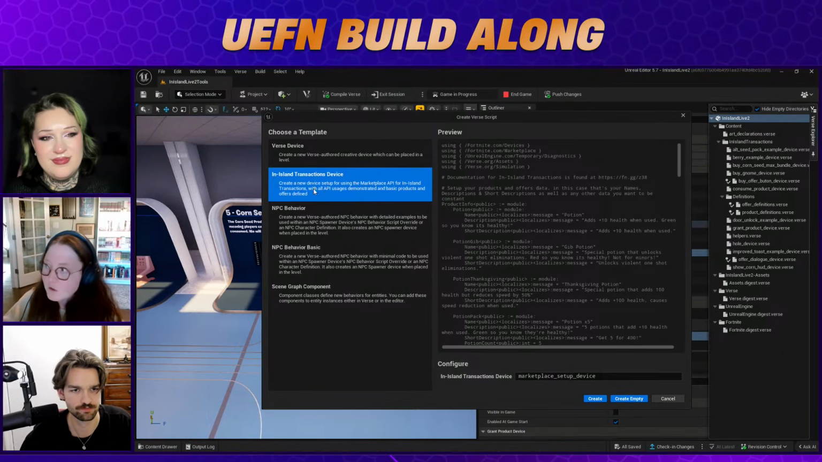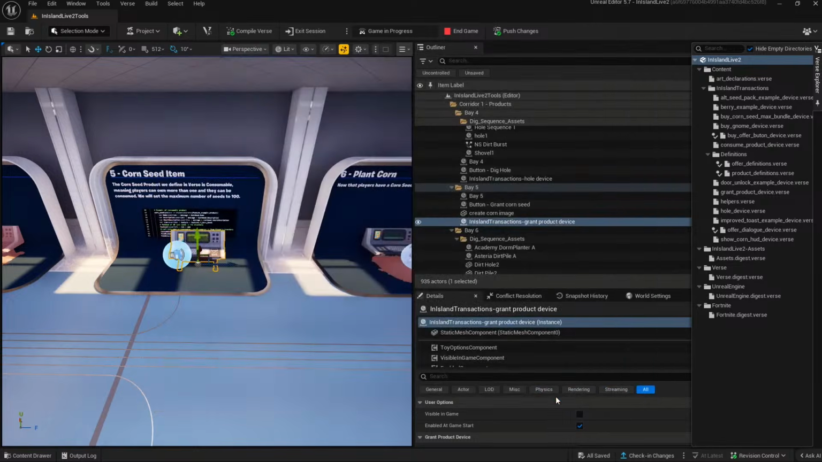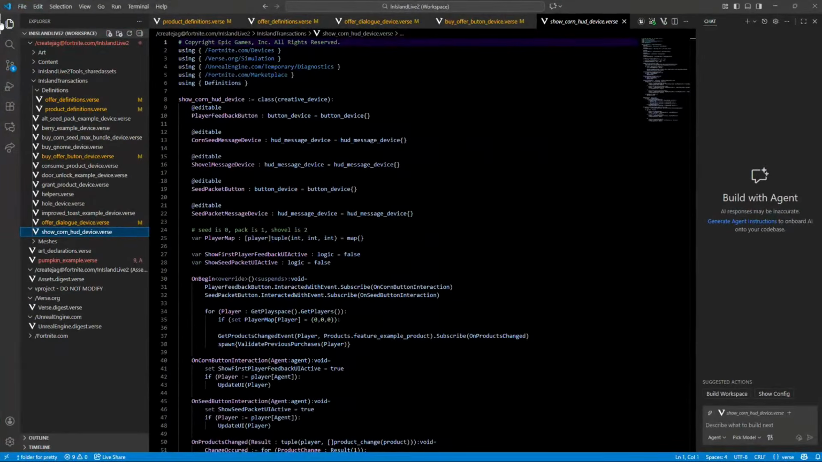So we can come over here to the island transaction device option. This is brand new. And so we can actually change this and say this is our pumpkin offer. Pumpkin example. There we go. And then you can either create it empty or you can create it with all of the extra context. Just since we're doing this live, I'm going to create it with all the context. And then if I come back over into the Explorer,